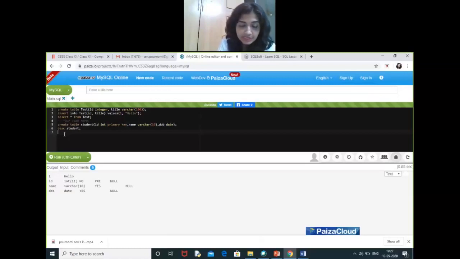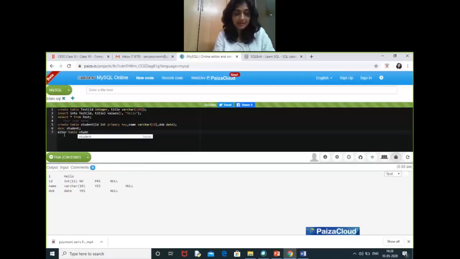Alter command we will be using. Whenever we are using the word table in this command, that means it's a DDL command. So we will be working with the basic structure of the table. We are just writing alter table followed by the table name, alter table student, then add, then we'll write the name of the attribute that we want to create. Like I want to create city, followed by the data type of the city. So city, the data type will be varchar, because it's a string type of variable, obviously.